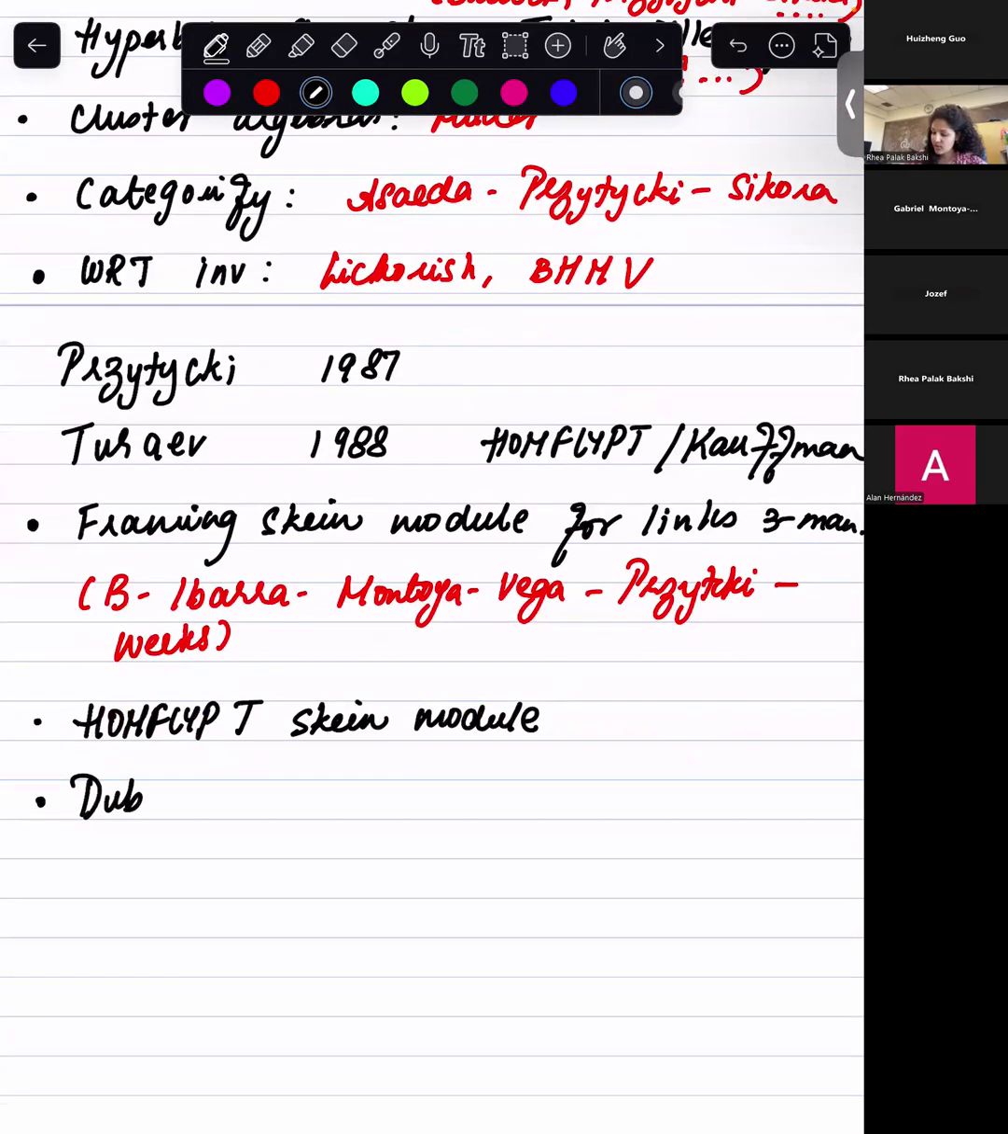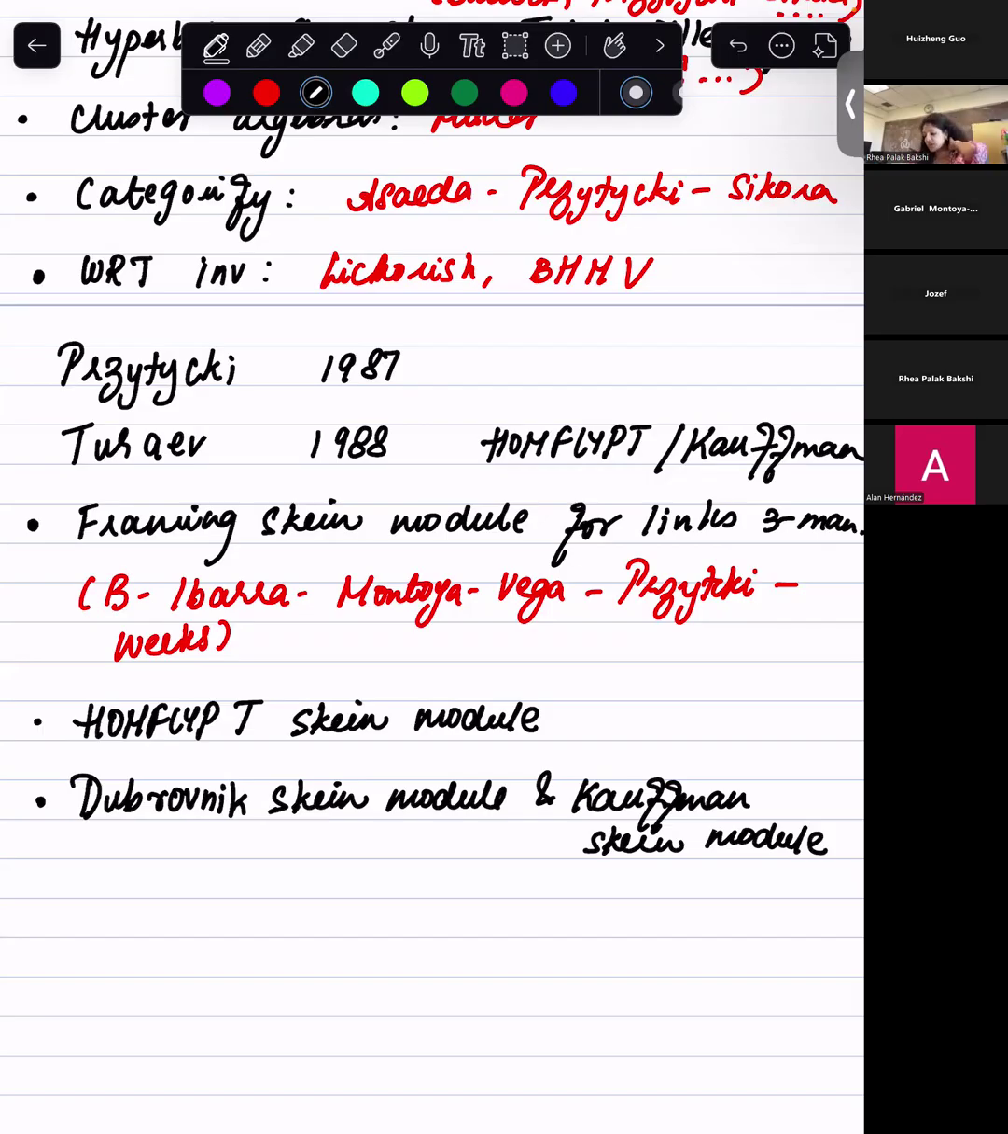There's the Dubrovnik Skein module. There's also the Kauffman Skein module, which generalizes the Kauffman two-variable polynomial. We all know that there's a substitution between their polynomials for links in the three-sphere, but it so happens that the generalizations, that's the Skein modules, are not equivalent for all three-manifolds. Maciej Mroczkowski showed that for lens spaces, these Skein modules differ. There is the Bar-Natan Skein module,